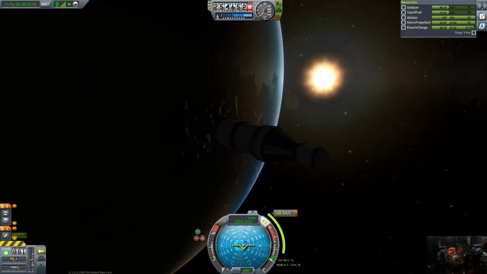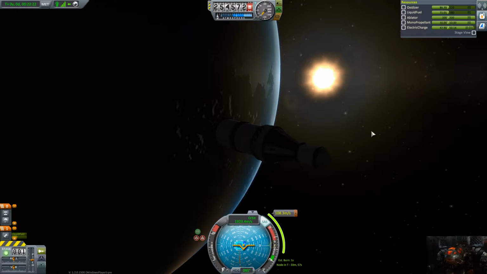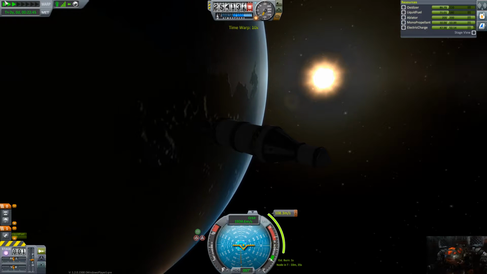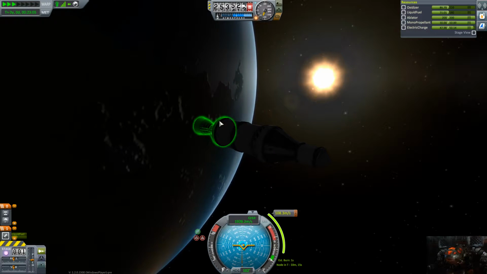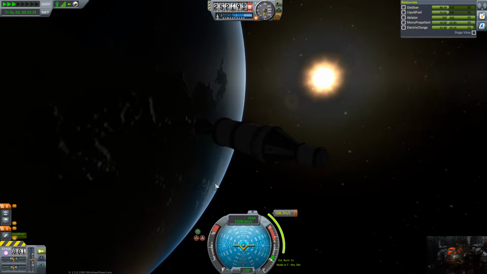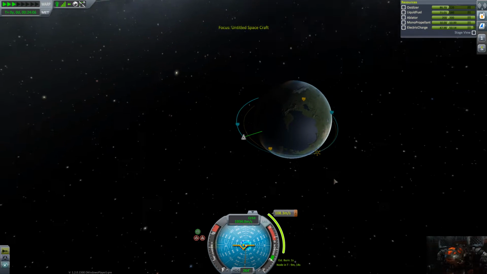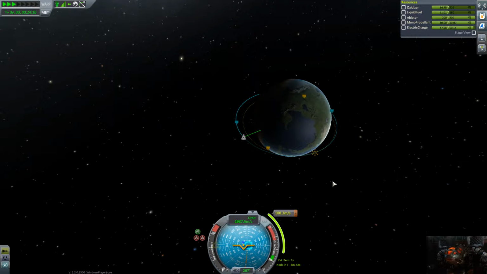Our electrical charge is pretty good so far. Okay. We'll do a little cheat. We're going to fast forward. This actually holds the rocket in place. Just we're going to burn for 1 second. I doubt that. So what I'm going to do...